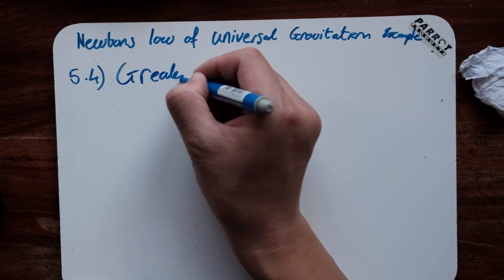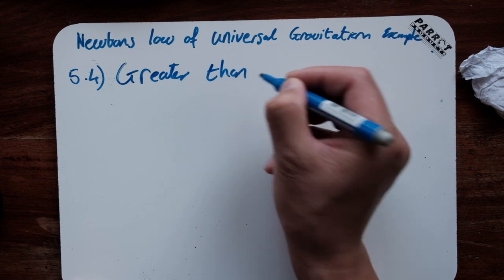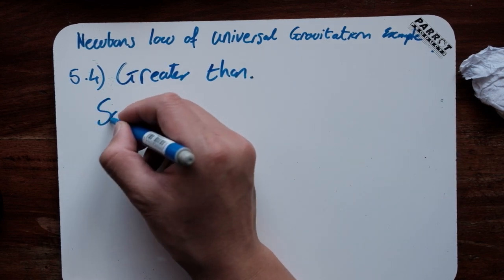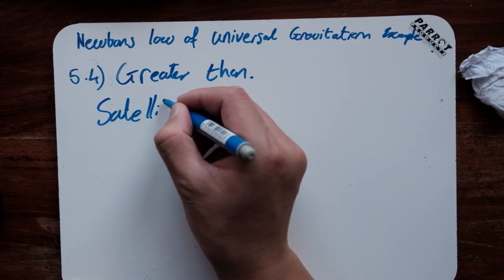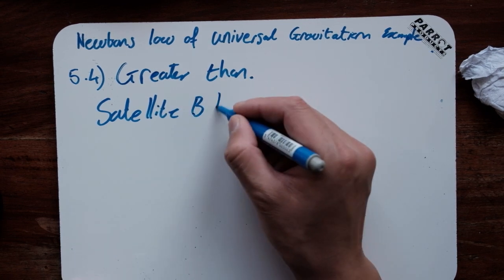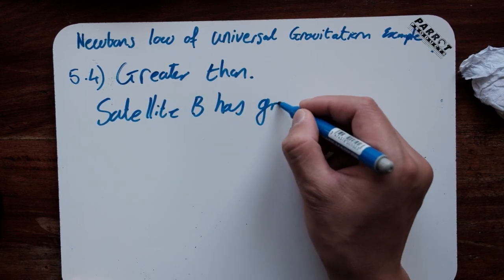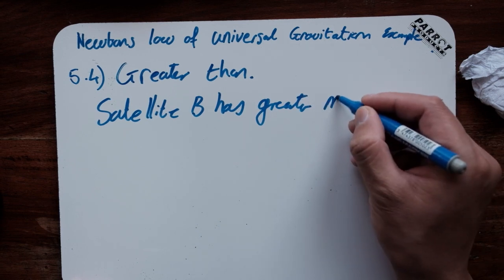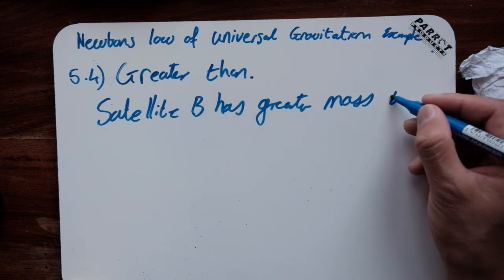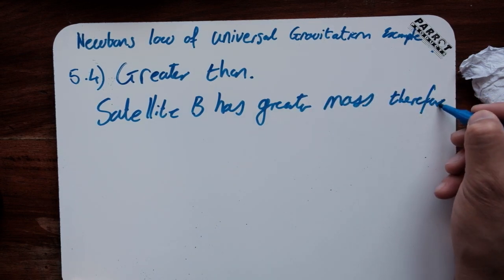Now, in 5.4 it says, what distance above the surface of the Earth should satellite B be to experience the same force towards Earth as satellite A? Choose greater than, less than, or equal to the distance above the Earth. Explain how you arrived at the answer. Now,